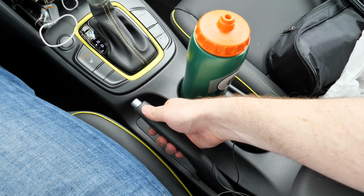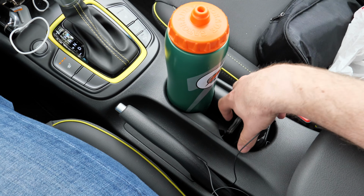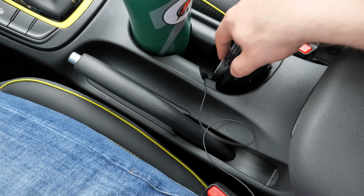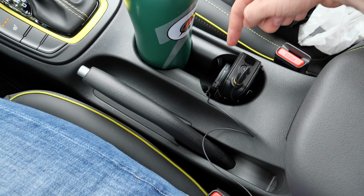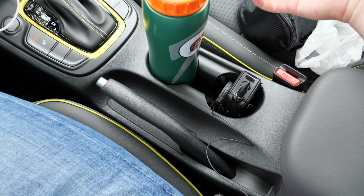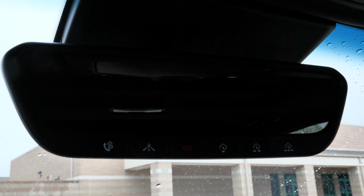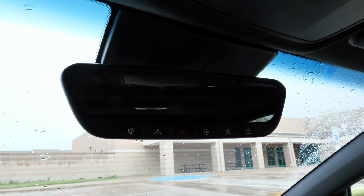The bottle holders are pretty good. They accommodate a lot of different things. This one is actually taller and this one is shorter. So if you have a little coffee mug or a little coffee thing that goes in there, that'll fit pretty well. Another change is that this automatic dimming rearview mirror with garage controls is now on the SEL Plus and higher. You get a sunglass holder and you get a